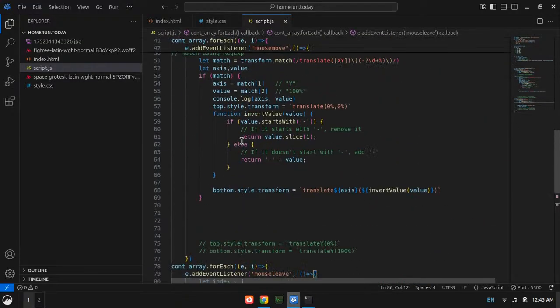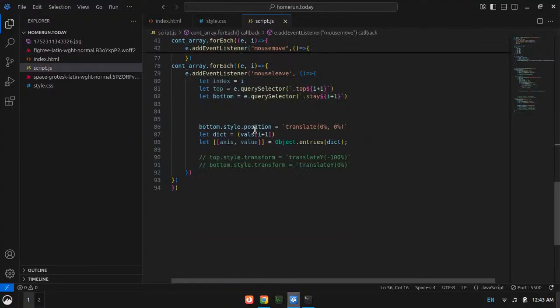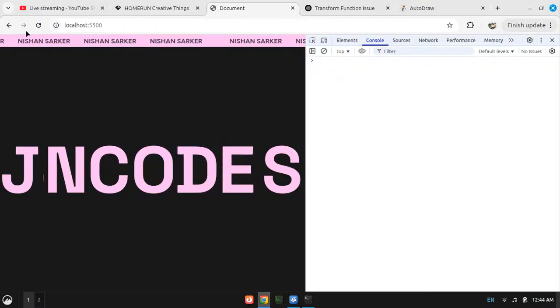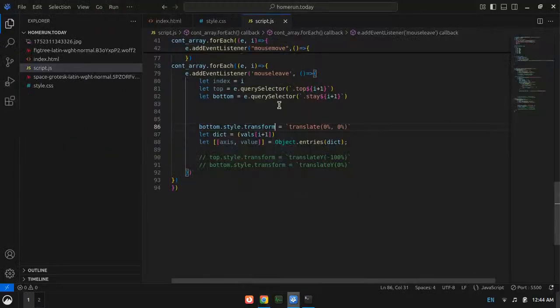By the way, I want to remove the console log from here. Now how do I do that? It would be transform. Okay, yeah, now it works. Now I just need the top one to actually go there.